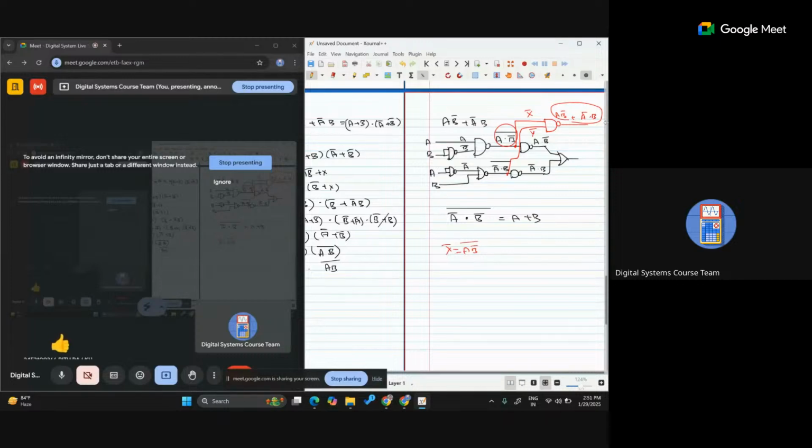Yes, sir. So ultimately we are done with the 5 NAND gates, but in the lecture lesson, 4 NAND gates are sufficient to implement this above expression. But okay, sir, I am saying